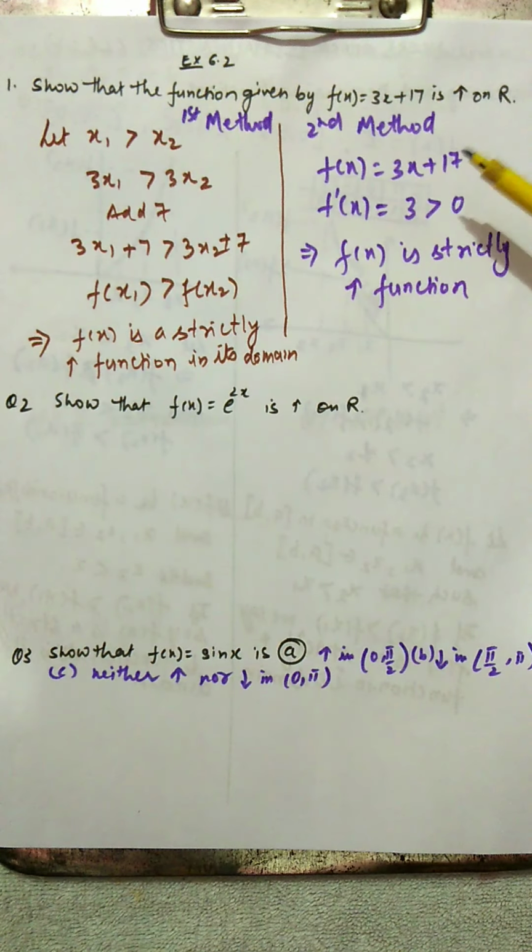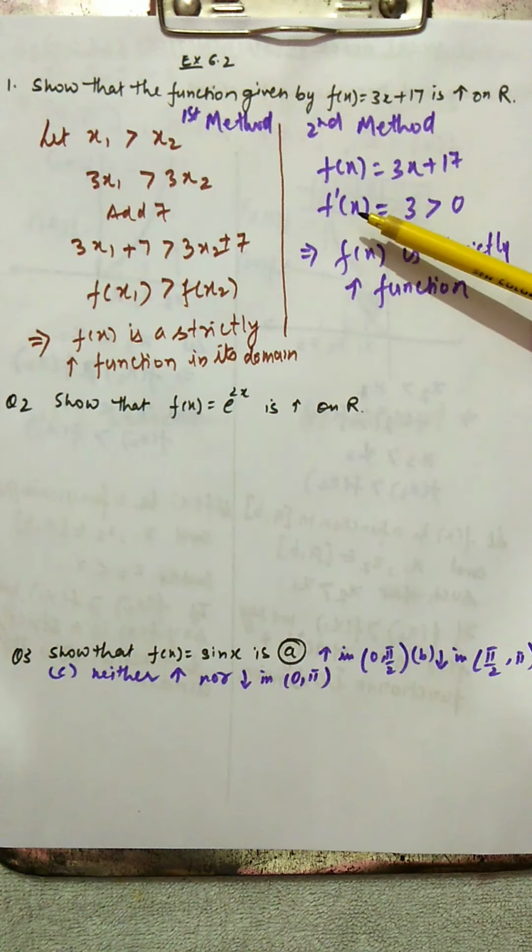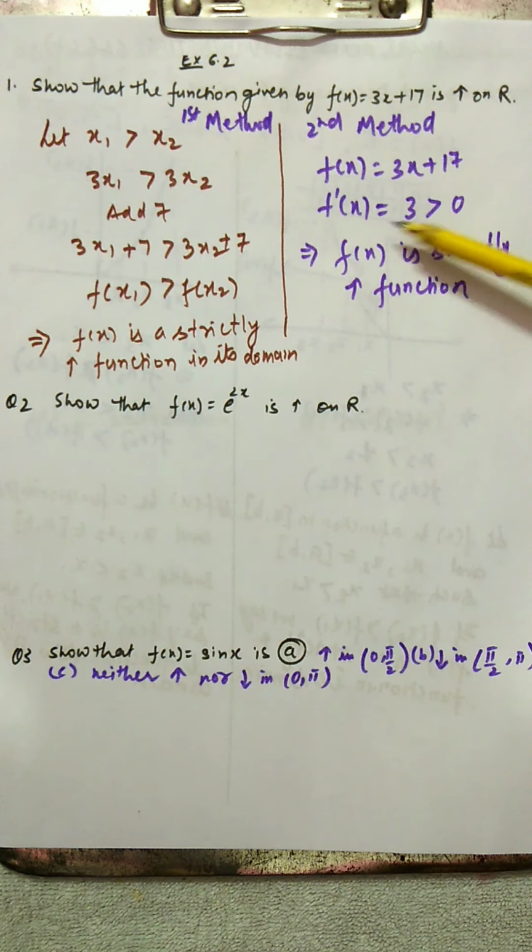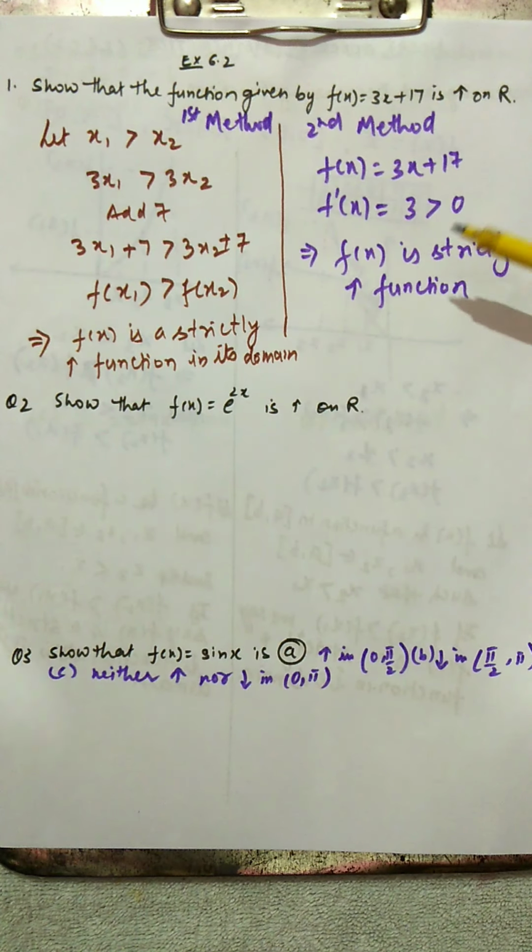You have to always check all the points on the domain. So the domain is R. You can substitute any value of x here. Your f'(x) will always be 3, which is always greater than 0. So you have to check for all the points. In general, you just check whether it is increasing or not. Sometimes you get a situation in which f'(x) can be less than 0 or greater than 0. That time you have to say that f(x) is neither increasing nor decreasing, but this time a constant number has come which is positive, and so f(x) is a strictly increasing function, you can say.